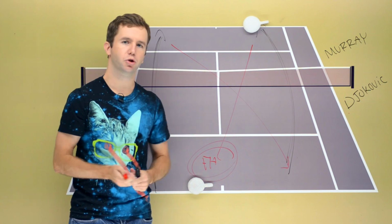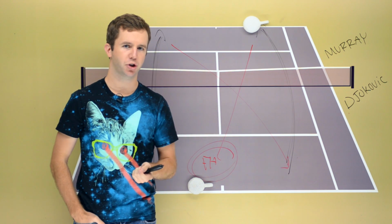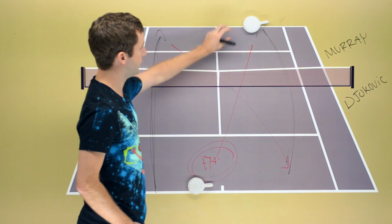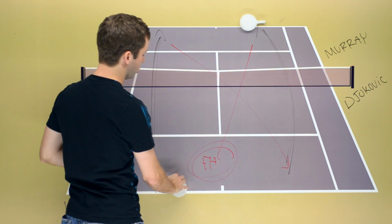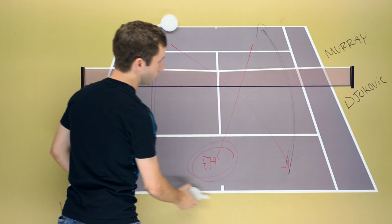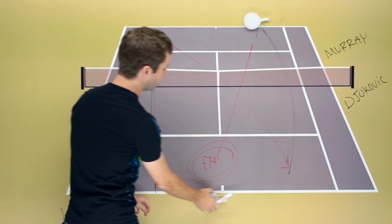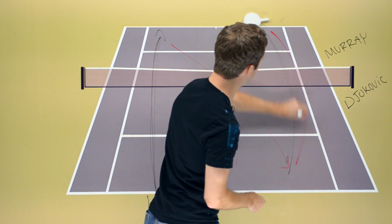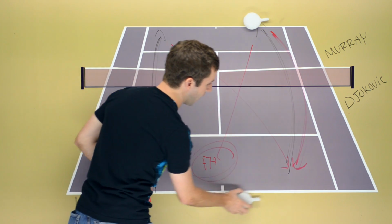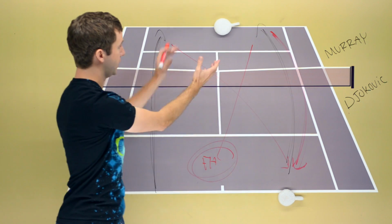Now, I think this exchange is certainly going to work, but Murray is a player, we all know about his variety and whatnot, but he's very good at changing the direction of the tennis ball, both off the forehand and the backhand wing. So let's say Djokovic tries to get into the sequence, a backhand-to-backhand exchange. Djokovic goes up the line. Murray comes over, sends this forehand cross-court. Djokovic comes over here, sends that forehand up the line. Murray, more so than other players, as Djokovic shades over thinking he's going to be in control, has the ability to put this ball back down the line here, like that. And when that happens, obviously, Djokovic is moving this way, has to stop and come back and get that ball. More likely to be off balance, more likely to then hit a short ball